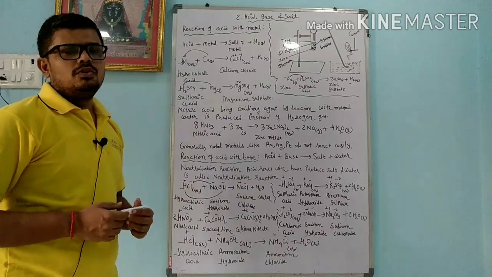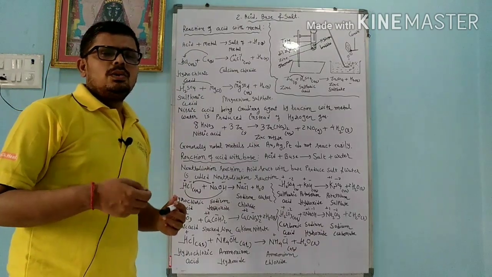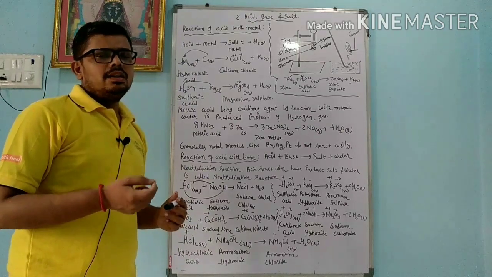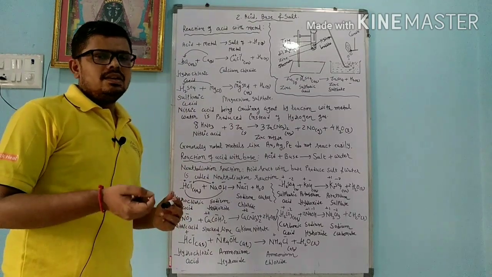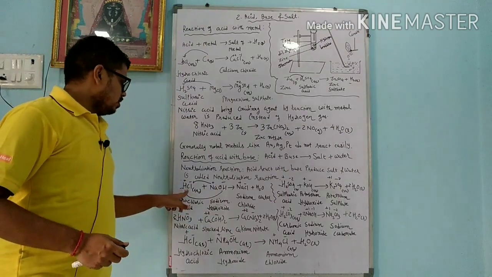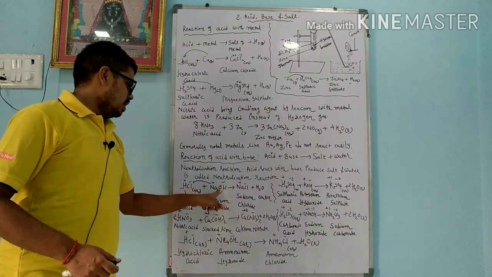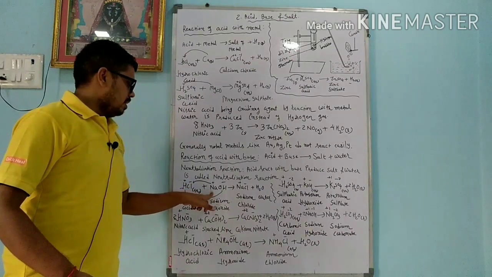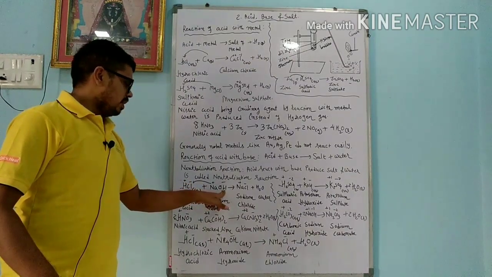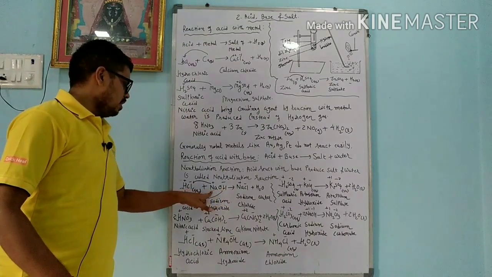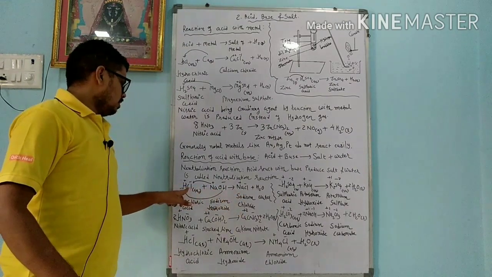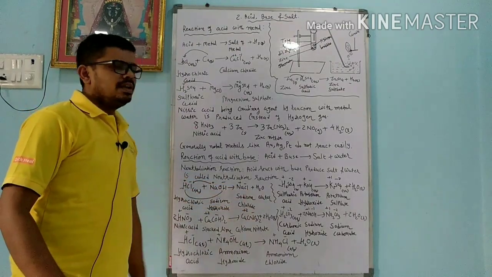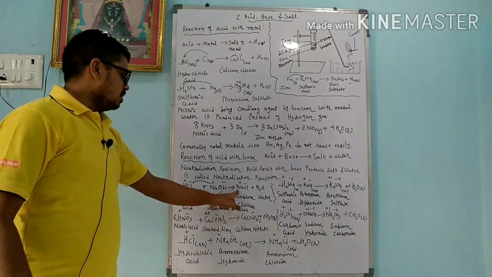Dear student, whenever we want to write a product, we have to remember the valency of atoms, the positive ion and the negative ion. Then we can write the product easily. Hydrochloric acid reacts with NaOH. Here H is +1, Cl is -1, Na is +1, OH is -1. Now we simply exchange: Na combined with Cl gives NaCl, H combined with OH gives H2O. The reaction in which salt and water are obtained is a neutralization reaction. Here we get sodium chloride plus